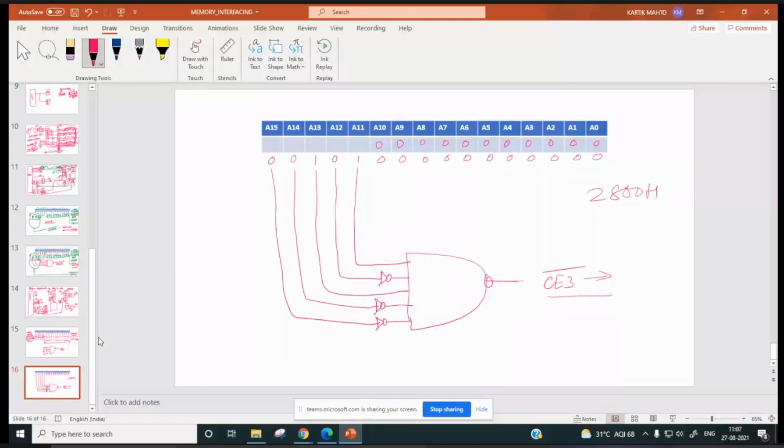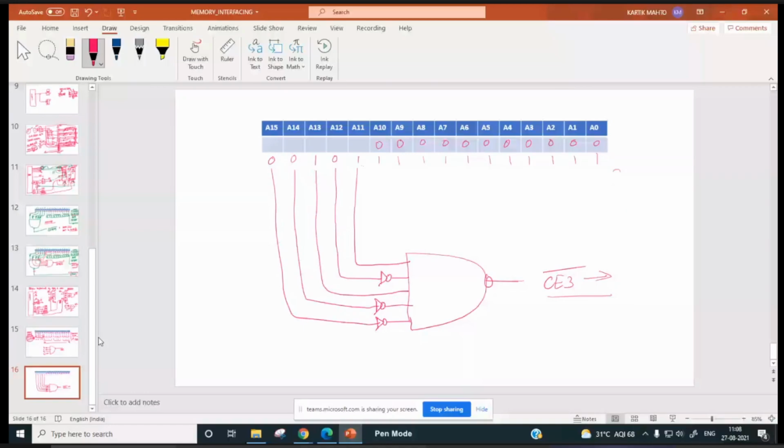Nah, this is 2800H. So last address was this, no? Wait. Here we have missed. Last address was this. This is 2FFH. Why not? 2FFH.